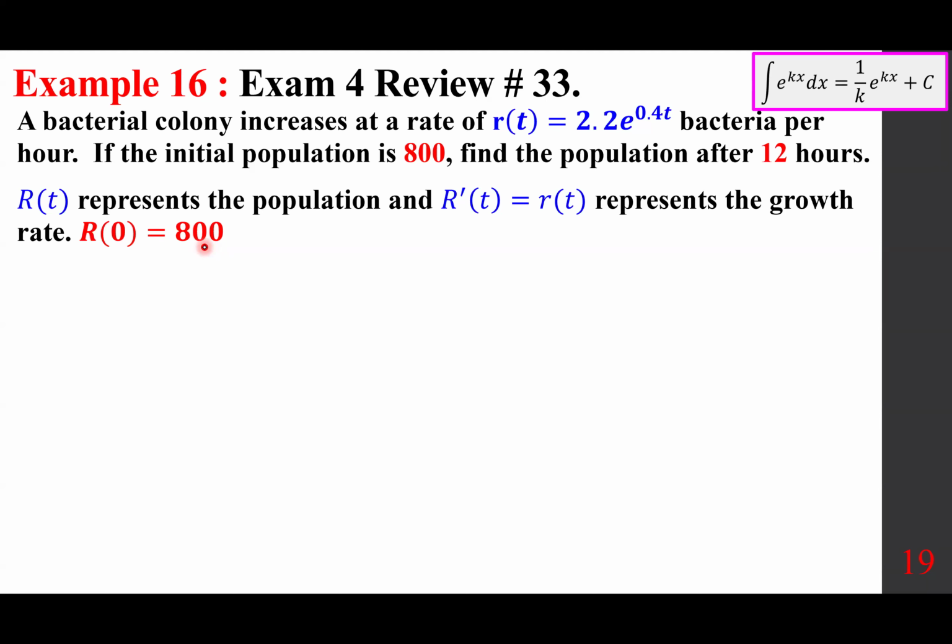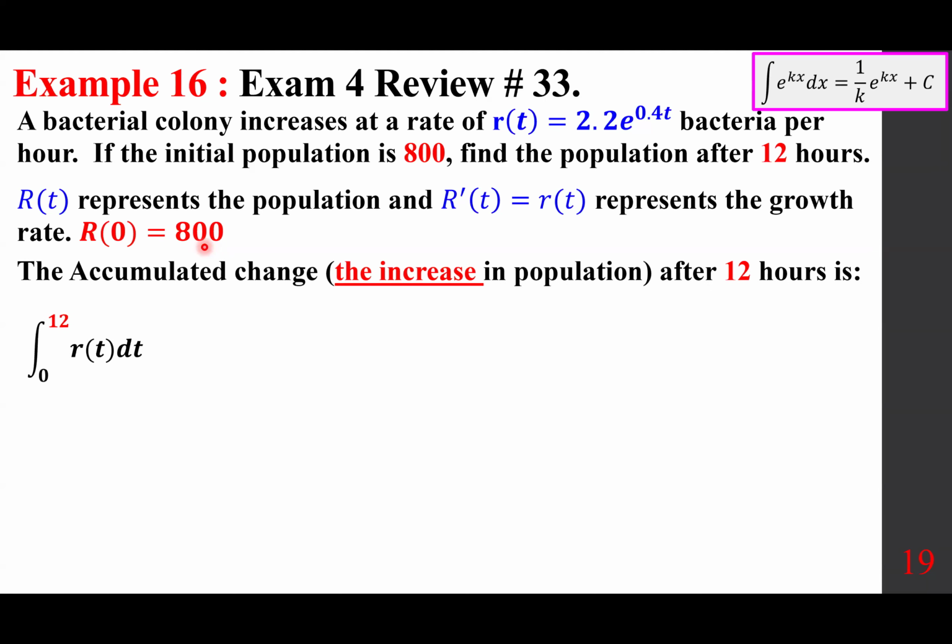So according to the accumulated change theorem, the amount of increase over the course of 12 hours is the integral of 0 to 12 lowercase r of t dt. And we are ready to do the math. And as you know, the methodology is that when you're dealing with the exponential, the derivative and the integral are the same, except in this case, we divide by 0.4. In the case of a differentiation, we multiply by. And so